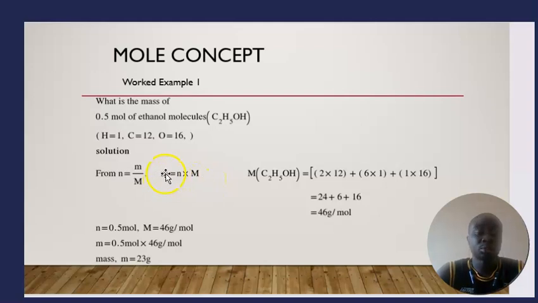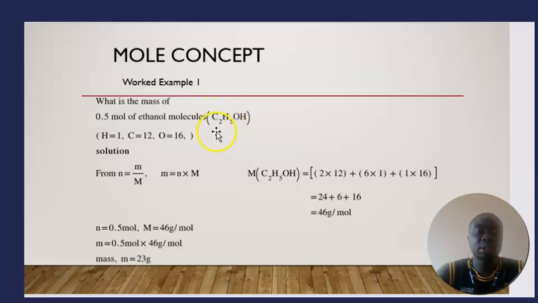And you know that small m is the mass, small n is the amount of substance, and this is the molar mass. So we know the moles. It was given in the question to be 0.5 mole, but we don't know the molar mass. Now you have to calculate the molar mass. In calculating the molar mass, the atomic masses will be very, very helpful. So now what you are going to do is that the molar mass of this ethanol molecule, which is C2H5OH, we say that here